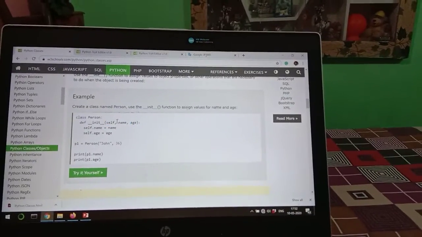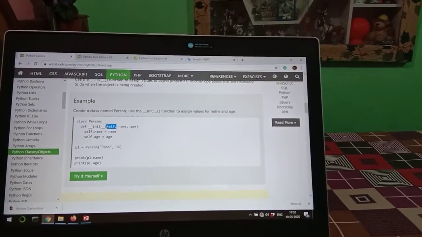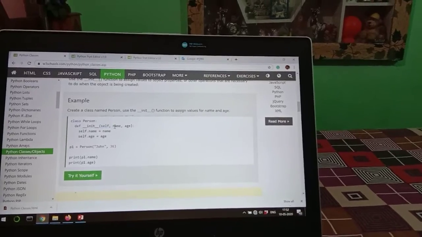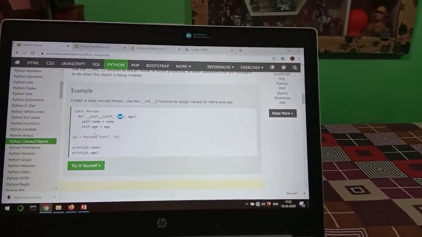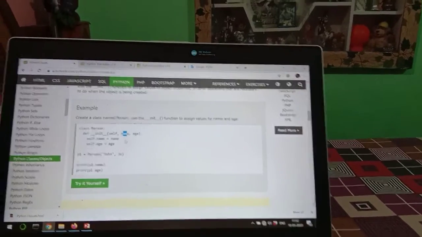So here we have taken 3 parameters: self, name, age. The first parameter is always a reference parameter that is used to refer to the further instance variables like name and age. So here self.name = name, self.age = age.